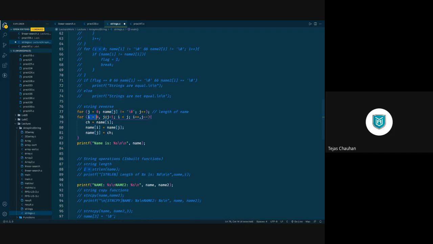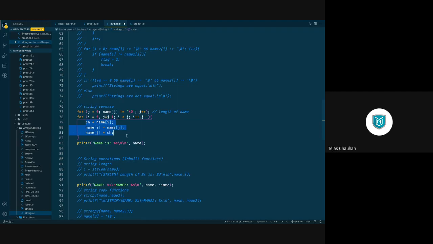So we took I and J here. I is pointing to the first place. J is pointing to the last place. अब I को हम increase करते जाएंगे, I plus plus, and we will decrease J, so J minus minus. And if both those pointers are pointing to particular characters, अगर हम वो दोनों character को swap कर दें तो हम अपनी string reverse कर सकते हैं. So inside this for loop, we are going to swap those two characters. ith character और jth character को आप swap करोगे. Now ये process कब तक चलेगा? So I increase हो रहा है, J decrease हो रहा है.